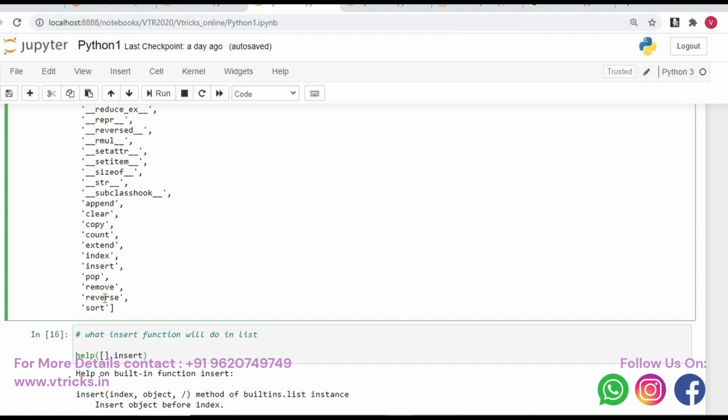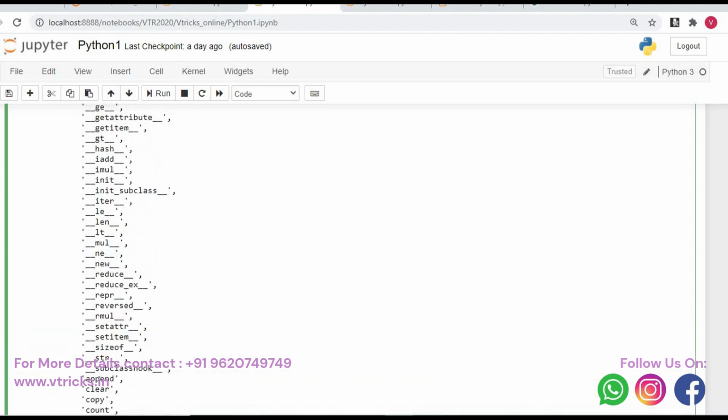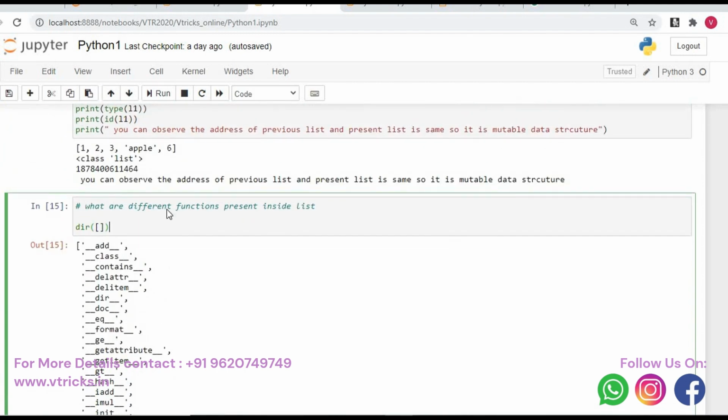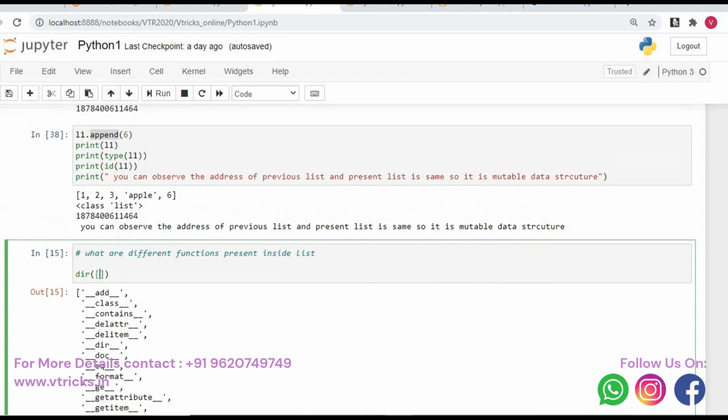These are the different functions the Python library gives by default whenever a list is created. This is what we need to understand. So what is the function to know the different functions present inside the list? Dir, and inside that you must pass the list. Don't write it as list. If you just do square bracket, the compiler automatically understands it's a list and will give you the directory listing accordingly. So I used the append function here to append something at the end.